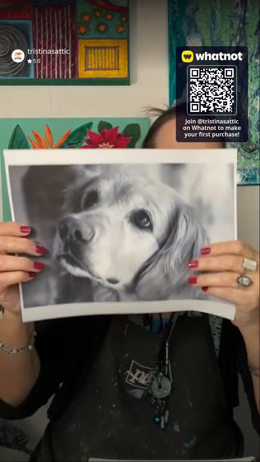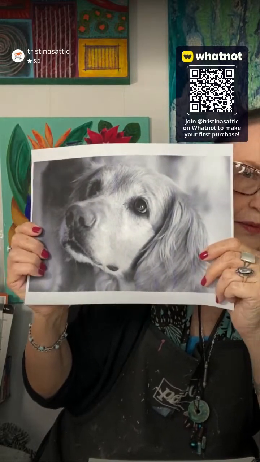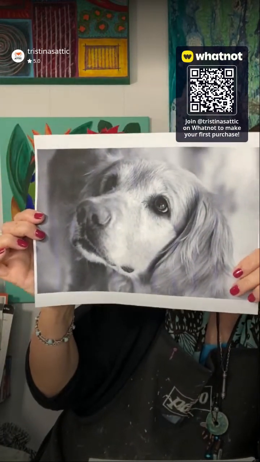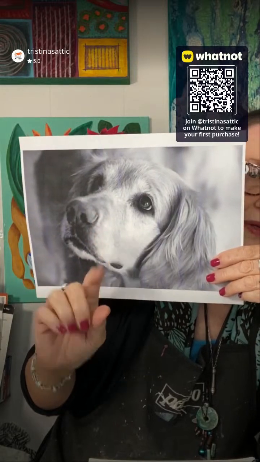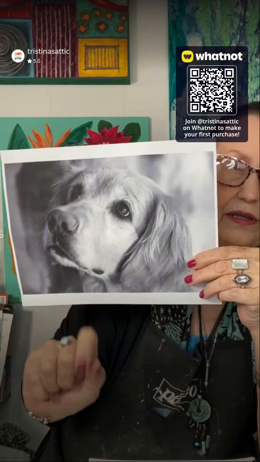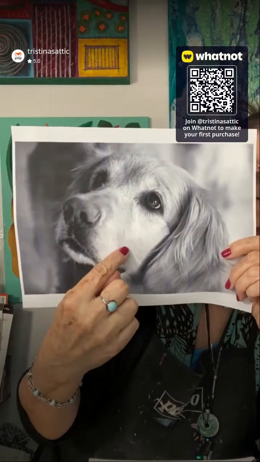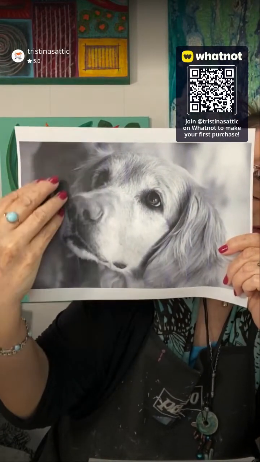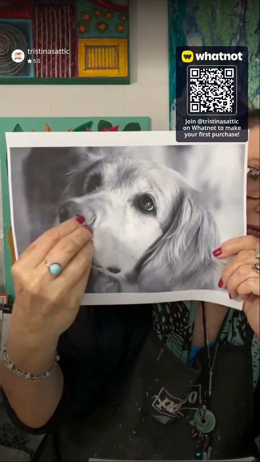And what I'm going to show you tonight is how to take an image. You then get rid of all the color in the image on your computer or on your phone. You just take the color and the vibrancy, and you put it all the way down to nothing, and it will make it a black and white. And then I also increased the contrast, because I wanted a picture which was much more defined in terms of the darks and the lights, because what we're going to do tonight,